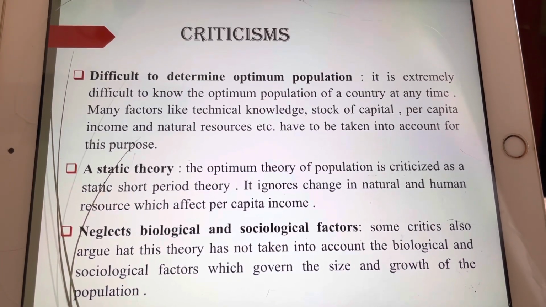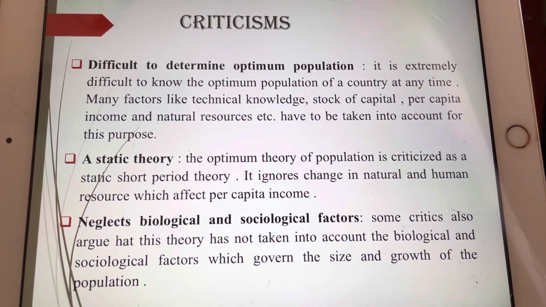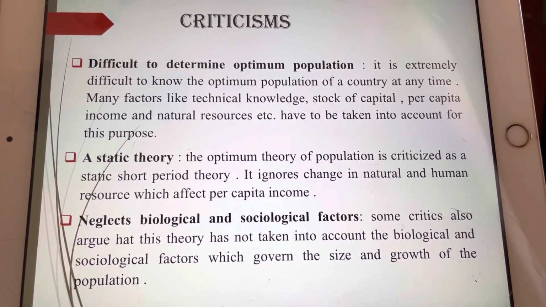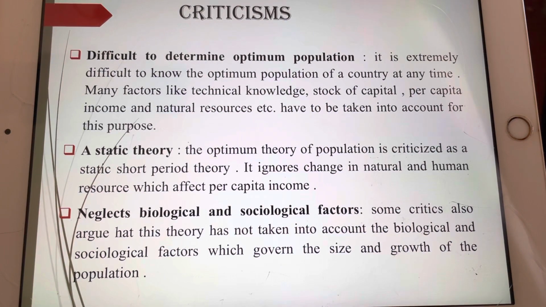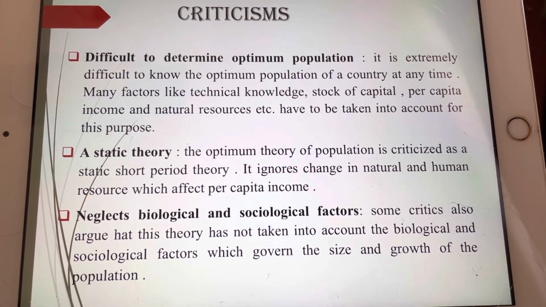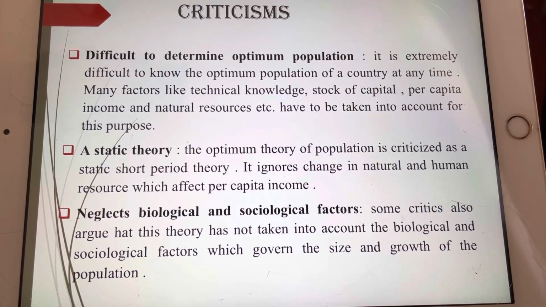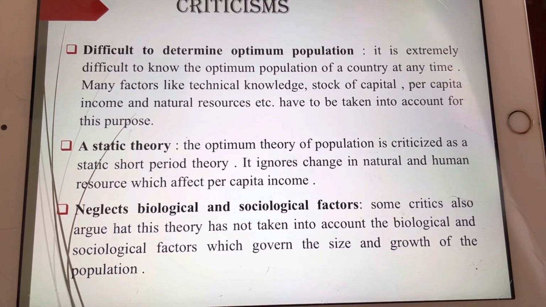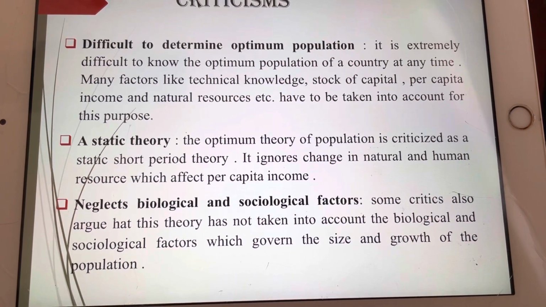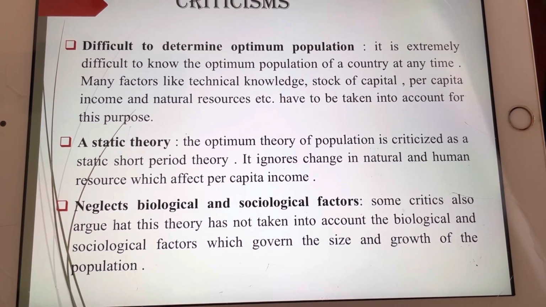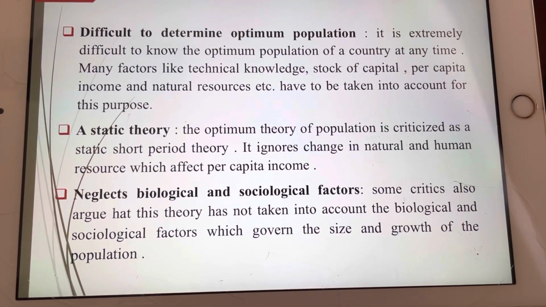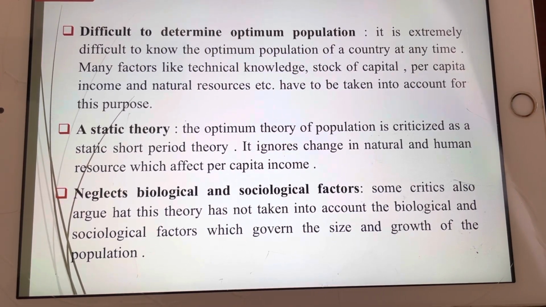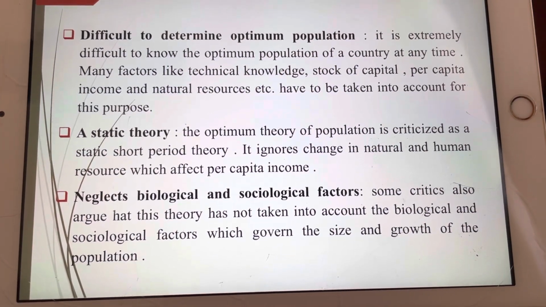So according to the availability of the resources, the food, employment or increase of income, it's very difficult to say that this is the optimum level of population, because if technological change is taking place, people are getting lots of opportunities for employment. If the technological change is taking place in the agriculture sector, it means the size of food grains will be increasing. If the stock of capital is used for investment, it gives more and more production of the goods and services in the country.